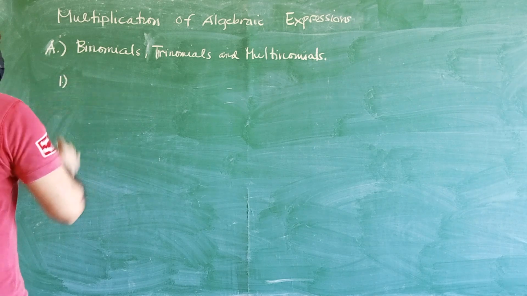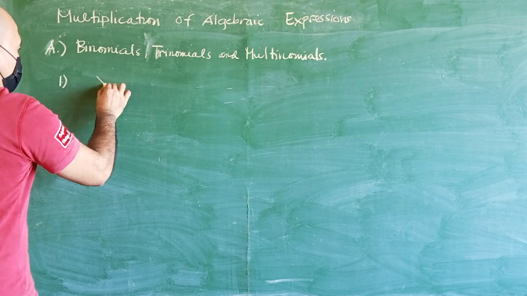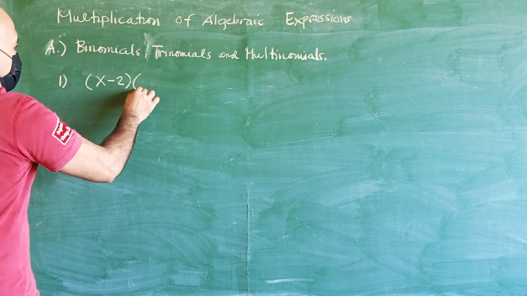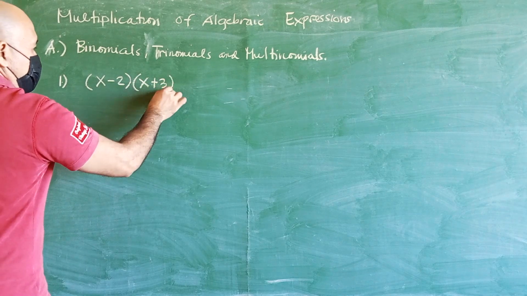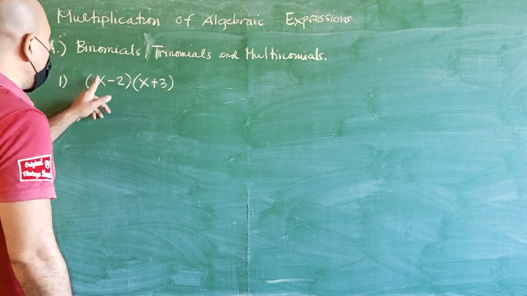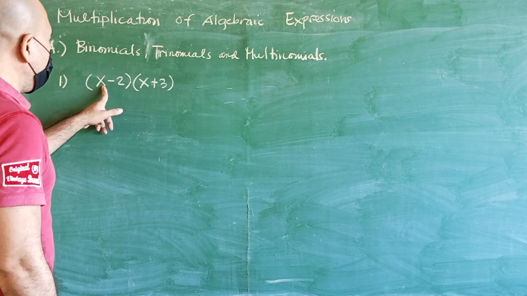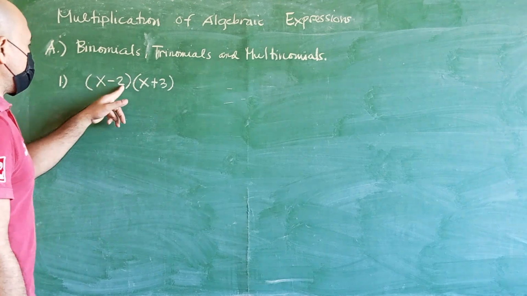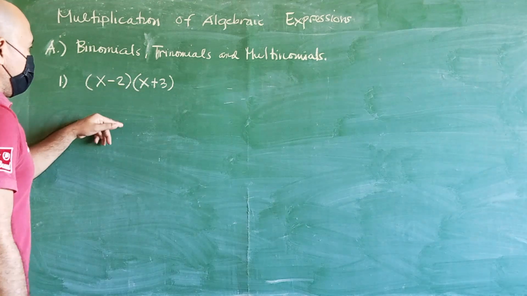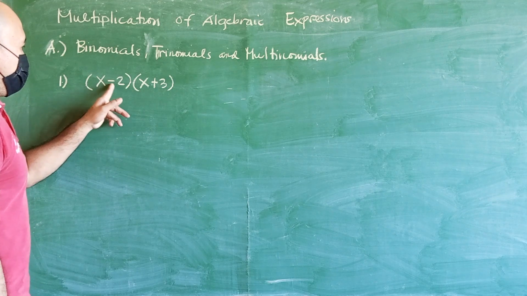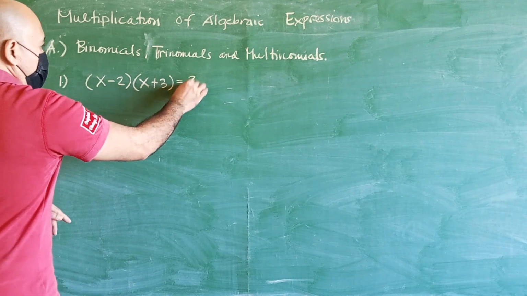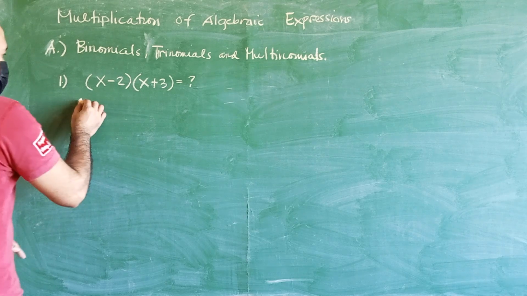Okay, so for this part, perhaps we have x minus 2 times x plus 3, for example. How are we going to do that? This is what we call the multiplication of binomials. The first binomial is x minus 2, and the second binomial is x plus 3. So the operation here is the quantity of x minus 2 times the quantity of x plus 3. So, what is the answer? That's the question. So, again, in your solution,